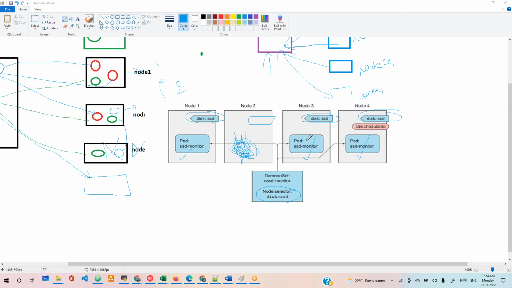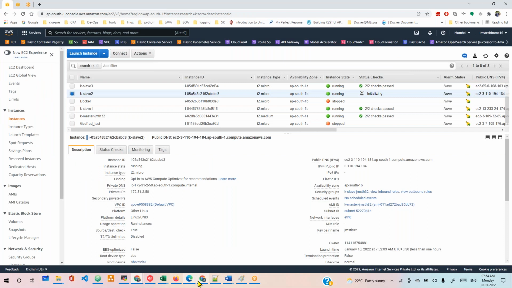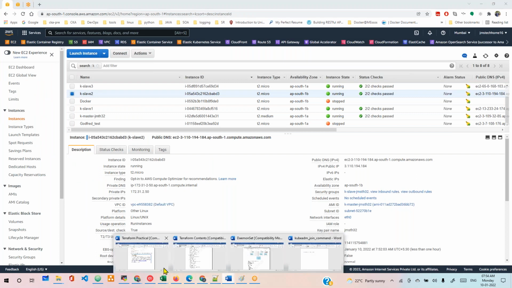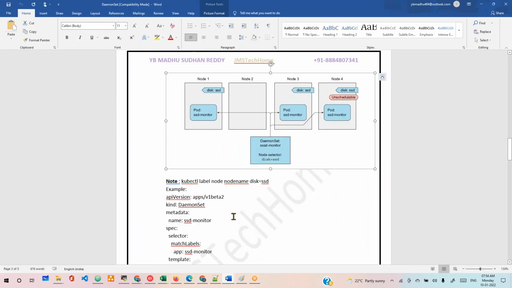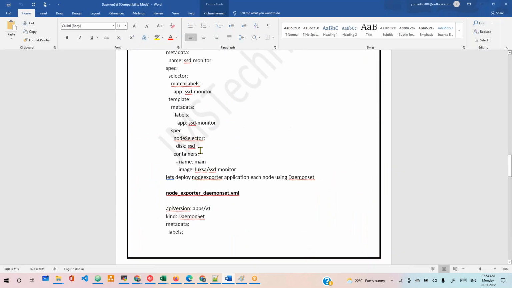Only specific label. Okay, in that scenario, what you do, you can include that in the manifest. How do you include that in the manifest? Let me demonstrate. And if you can see here,